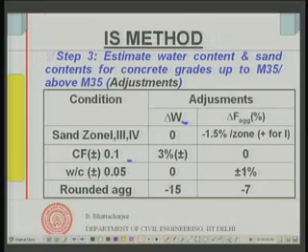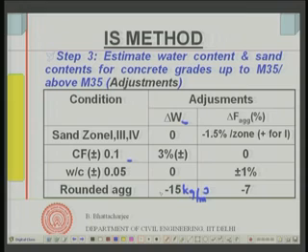Okay, but shape of the aggregate is important, that would change the water straight away, this delta W by 15 kg per meter cube. So, whatever is the water content you have found out, you reduce it by 15 kg, an adjustment you do in delta W. So, these are not really correction factors, that is why it is called adjustment, because the other is in percentage, while this is straightforward, just kg per meter cube. Let us see how the sand would change.